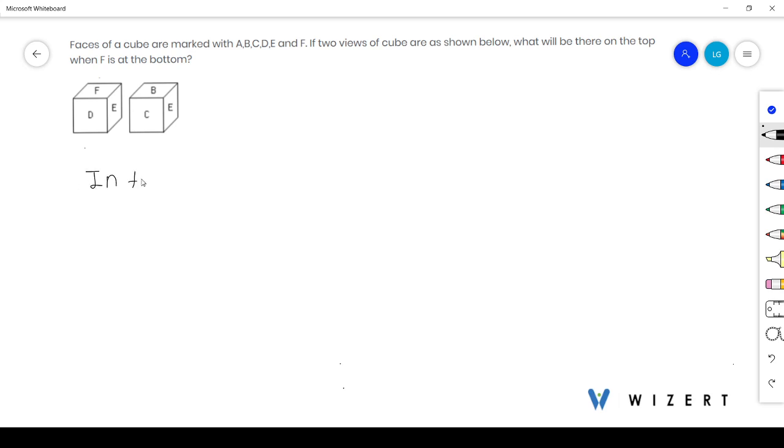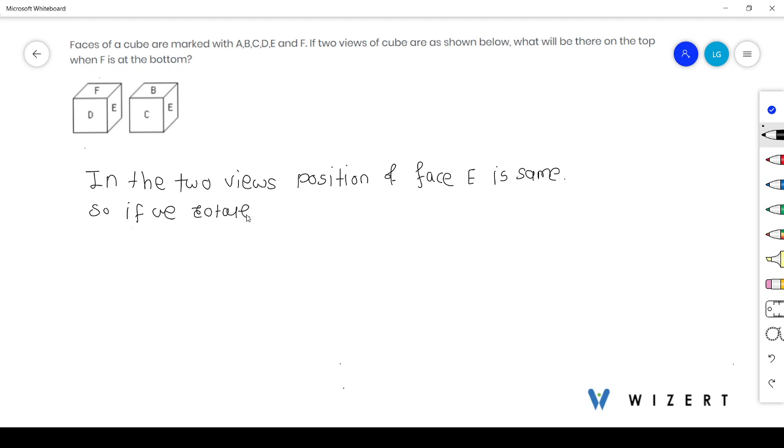Here, in the two views, position of face E is same. So, if we rotate one of the views such that position of E remains fixed,